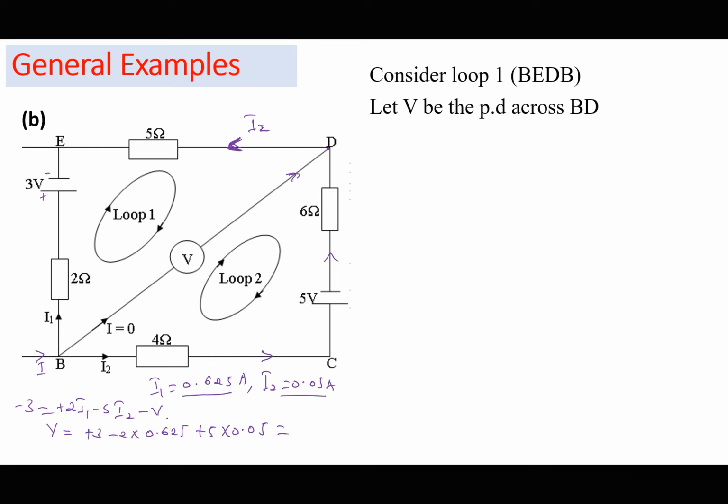When I take negative V to the other side, then I have to bring 3 to the right hand side. So V is positive, 3 becomes positive, this remains positive, and this remains negative. So I have 3 plus 2 times 0.625,